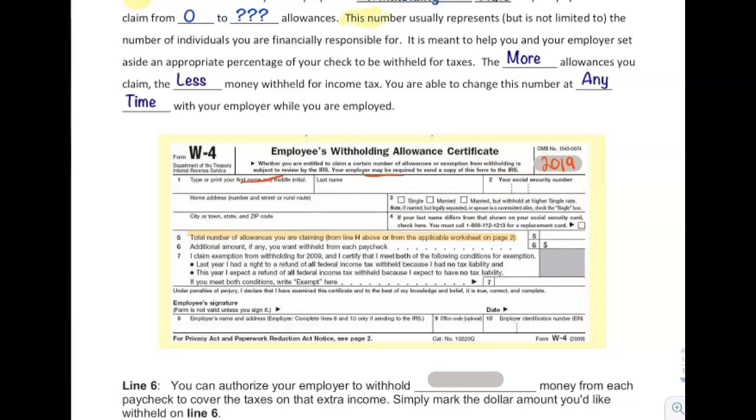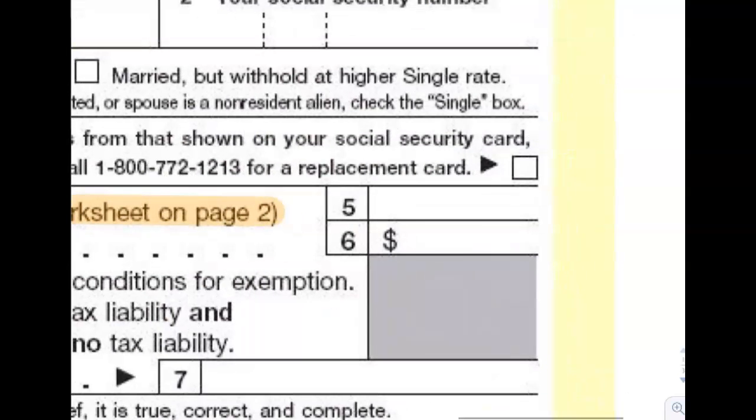So then your employer will give you more money every week because you're not going to need to save up for the big tax bill. And then on top of that estimate, and there's a formula that figures out the percentage to take out, you could take out a flat rate on top of that, which is actually what I do. I believe I have a 1 here. I should know this, but I'm married with 2 kids, and I put 1